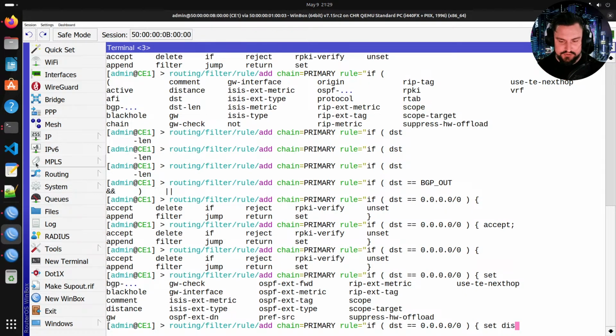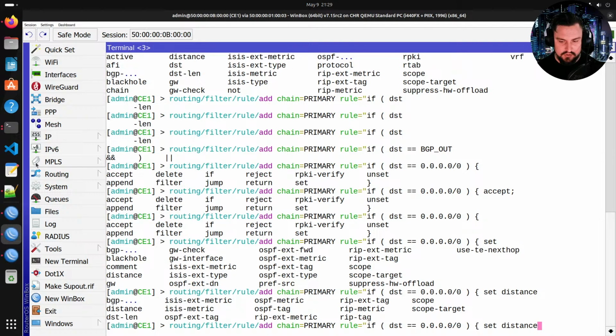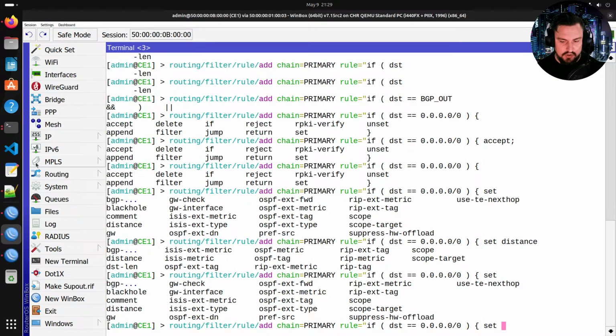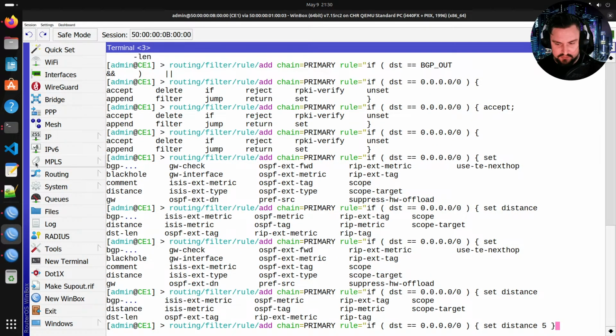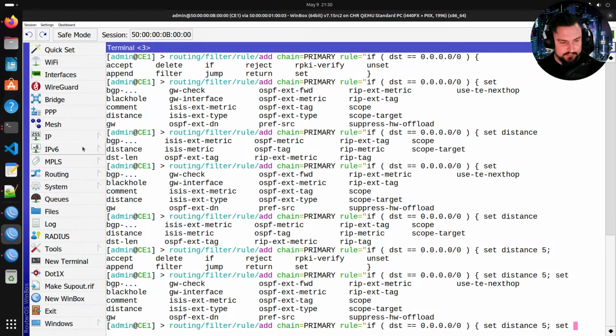One thing I might set is just the distance. Oh, but there's two distances. I remember this. This is actually going to be a bit confusing. I know what I'm thinking of. Okay, so distance I think is fine. We can just set the distance 5. How do we end this? Oh, there we go. And set